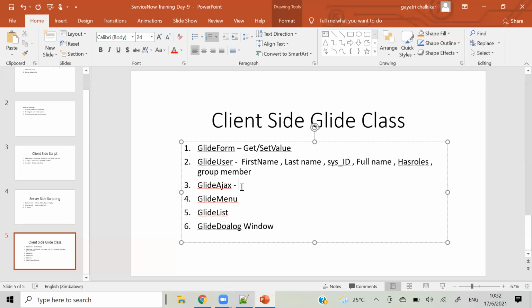And if this is a compulsory interview question, what is the purpose of Glide Ajax? It has only one purpose: to call a Script Include in a client side script. Okay, this is the only purpose. Nothing more than this.